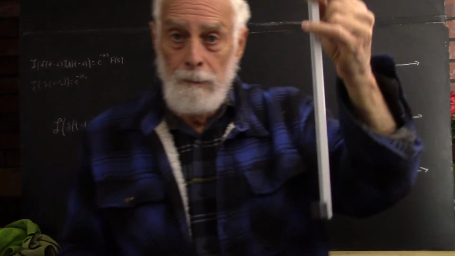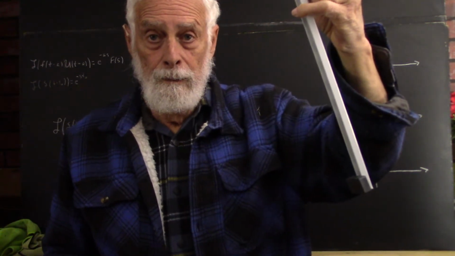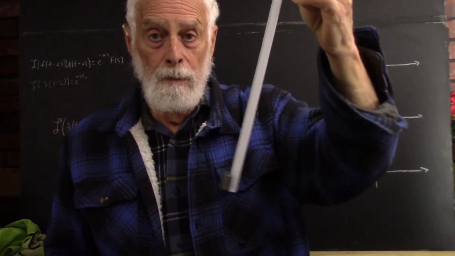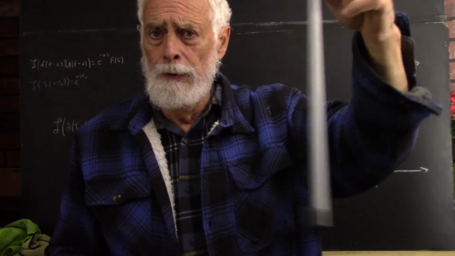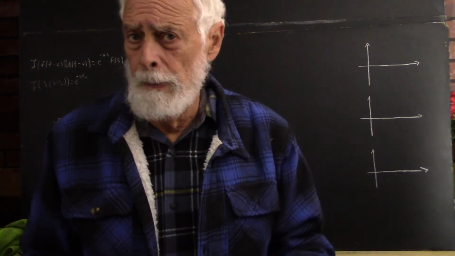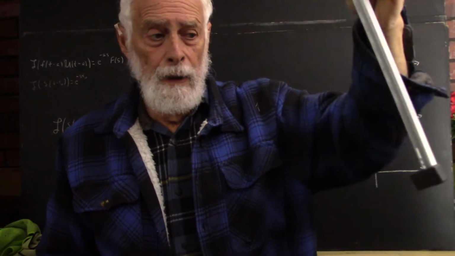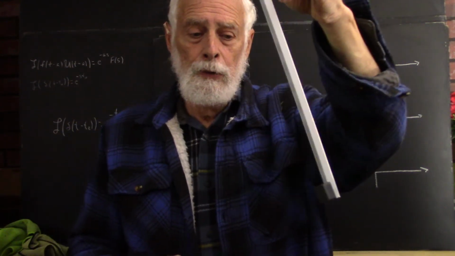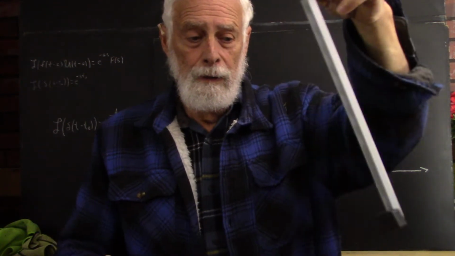Another possibility, we start it back here, we let it oscillate a little bit, and then we deliver an impulse at the wrong time right here, and we pretty much slow the thing down or stop it. Or maybe we let it oscillate and get back to here, and when it gets back to its extreme positive position,